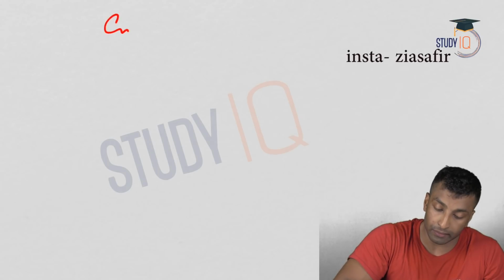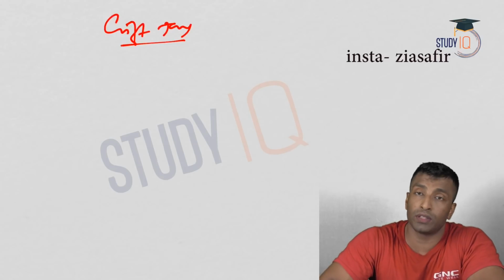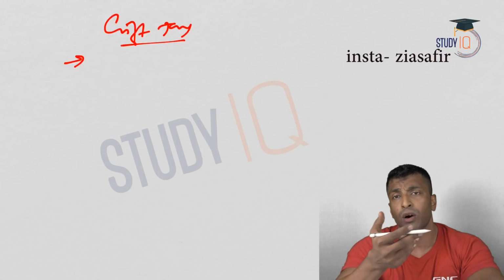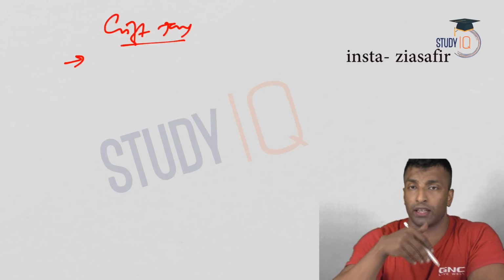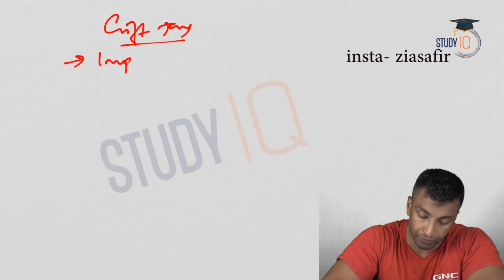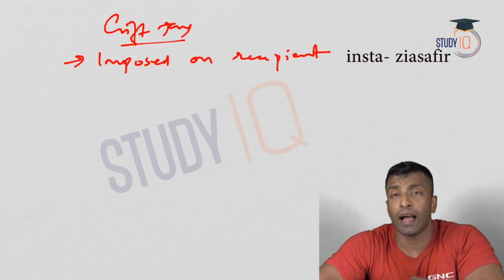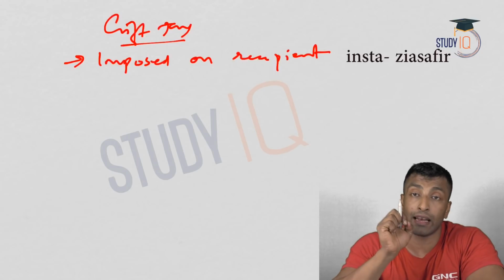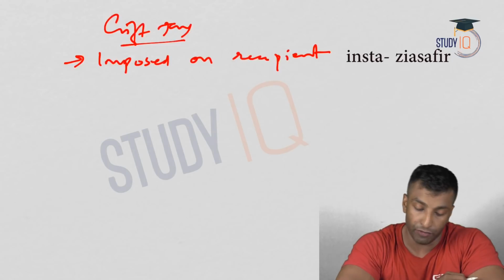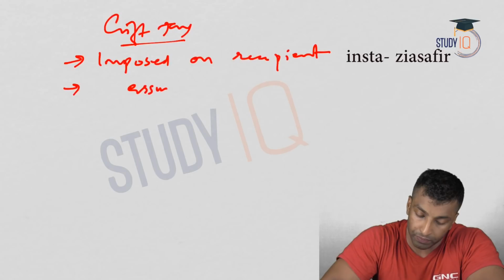Next is gift tax. Okay, now you are getting some gift, so from whom is it collected? Is it from the person who is giving the gift, or is it from the person who got the gift? So it is actually collected from the recipient. Okay, so imposed on recipient. How is it imposed? Actually, this gift is considered as an income and he has to pay income tax, personal income tax for the gift he got. Okay, so it is actually assumed as income,